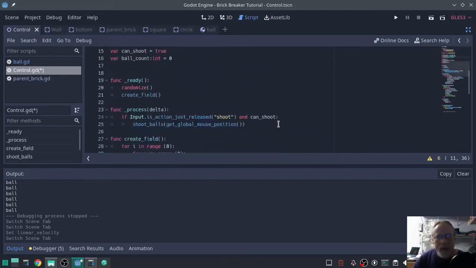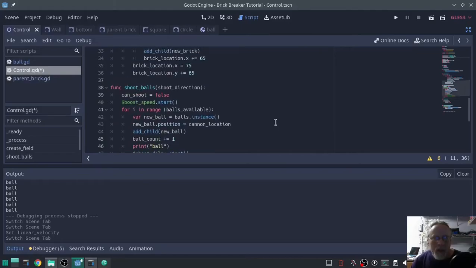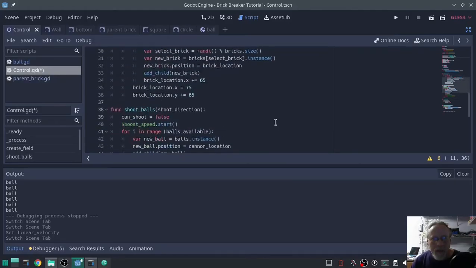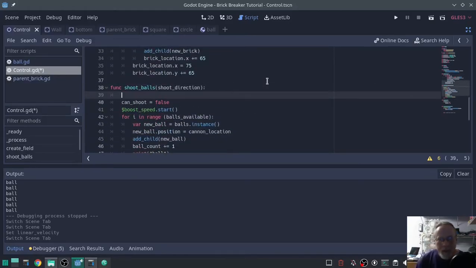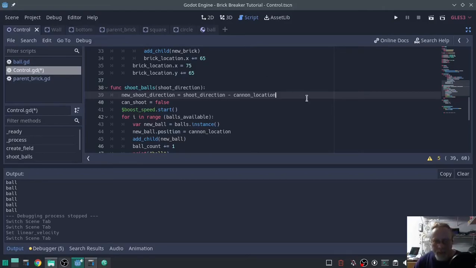New shoot direction, vector 2. Shoot ball, shoot direction. New shoot direction equals shoot direction. No. Shoot direction minus cannon location. And then